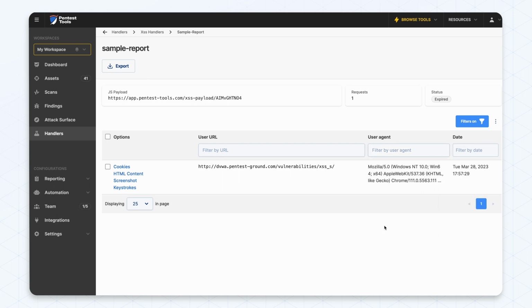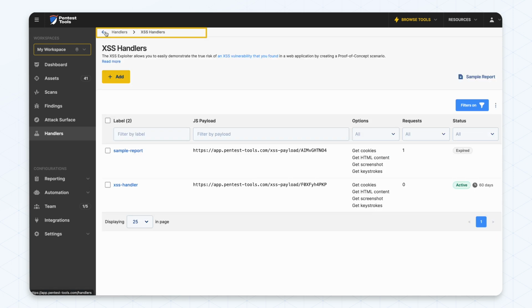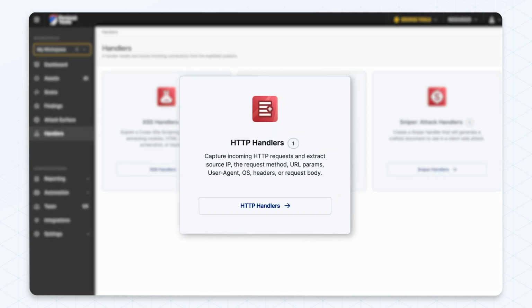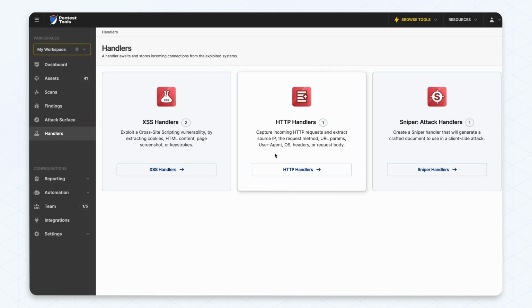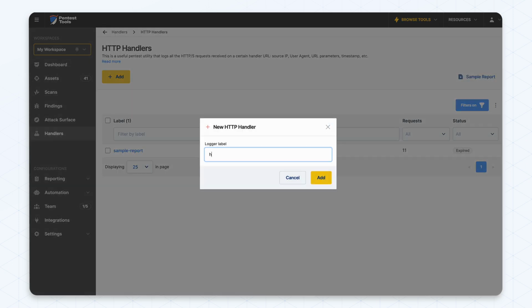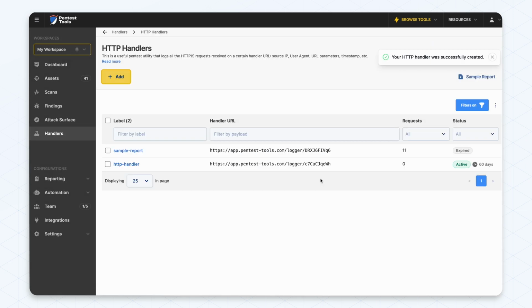Let's move on to the HTTP handler. You can navigate back to the handler section through the breadcrumbs at the top. What is an HTTP handler? It's a listener that can capture incoming HTTP requests and extract multiple types of information like the source IP, URL params, and so on. Identical to the XSS handler, you can add an HTTP handler by clicking on the Add